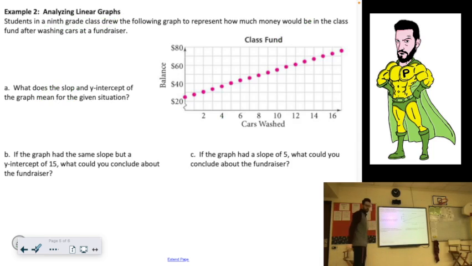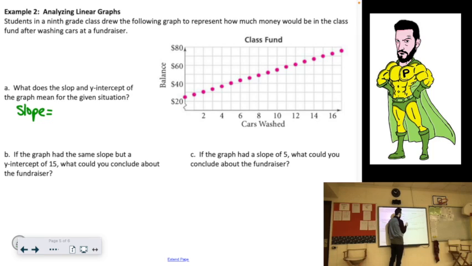Now we're given the graph, and we need to come up with some information. Students in a 9th grade class drew the following graph to represent how much money would be in the class fund after washing cars at a fundraiser. Cool. What does the slope, that's supposed to say slope, and y-intercept of the graph mean for the given situation? So remember, slope is the rate of change. So it's how much we go up versus how much we go over. So if we look here,